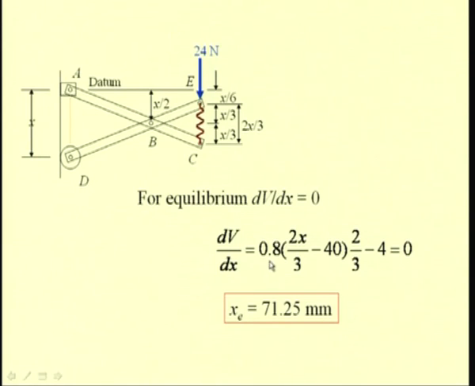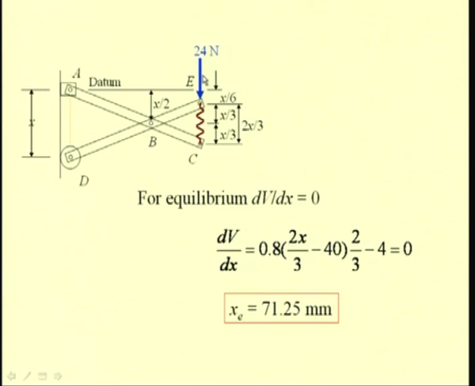So, dV by dx is 0.8 times 2x by 3 minus 40 times the differentiation of this term, that is 2 by 3, minus the differentiation of the term 4x, which is 4, which is equal to 0. And when we simplify this, we have x as 71.25 mm. So, the equilibrium position is 71.25 mm, that is when the roller reaches a distance of 71.25 mm from the